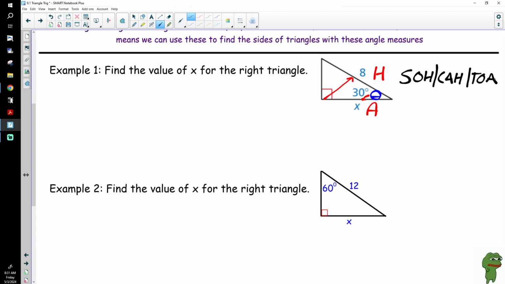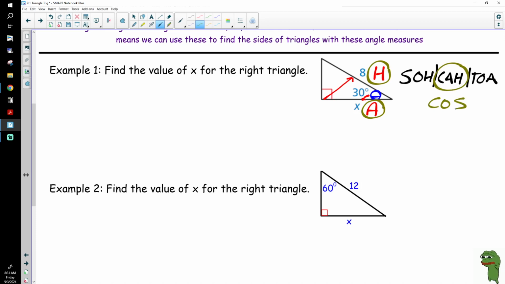So I'm imagining SOHCAHTOA, and I'm thinking to myself, okay, in this problem, I have my A for adjacent and my H for hypotenuse. So I look, okay, sine is opposite over hypotenuse. That's not what I want. Cosine is adjacent over hypotenuse. Oh, look, that's A and H. That means I should use